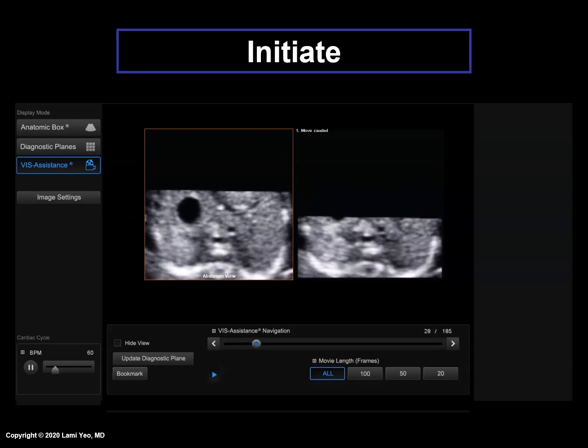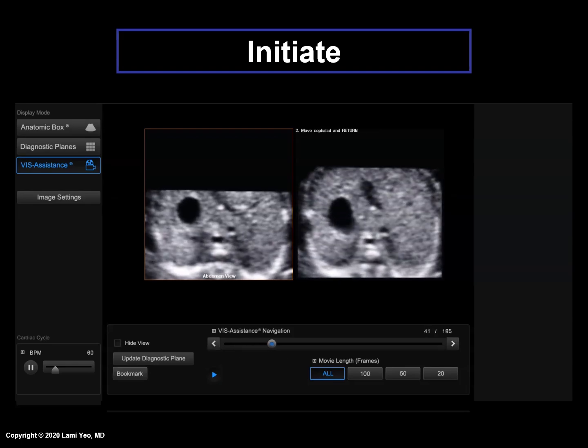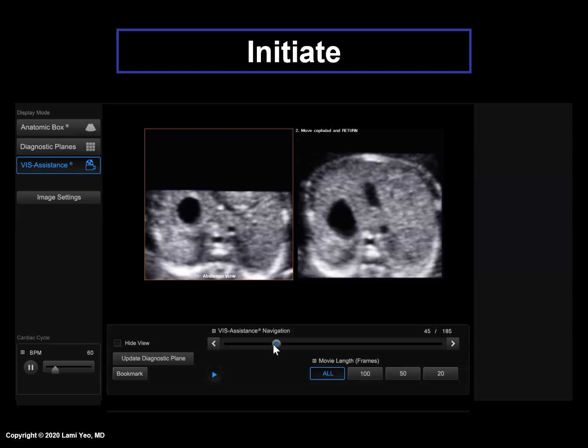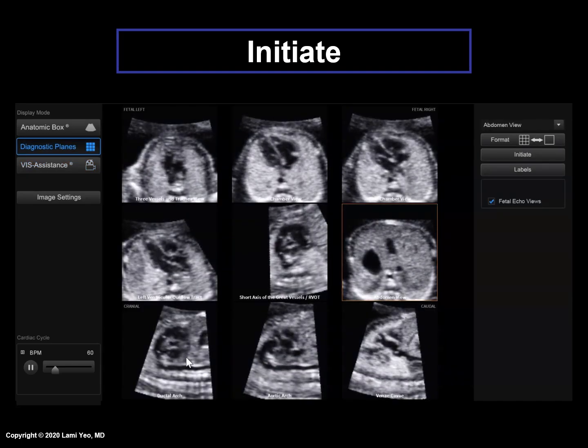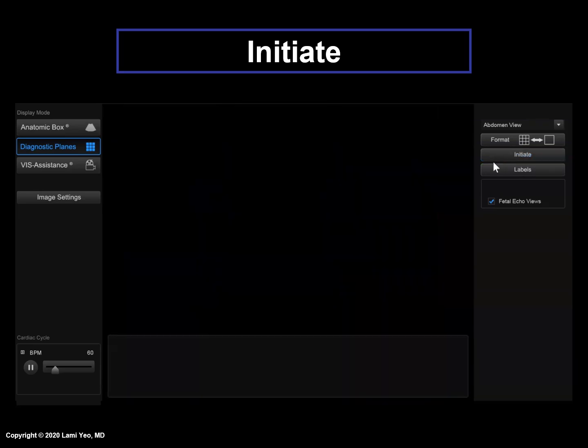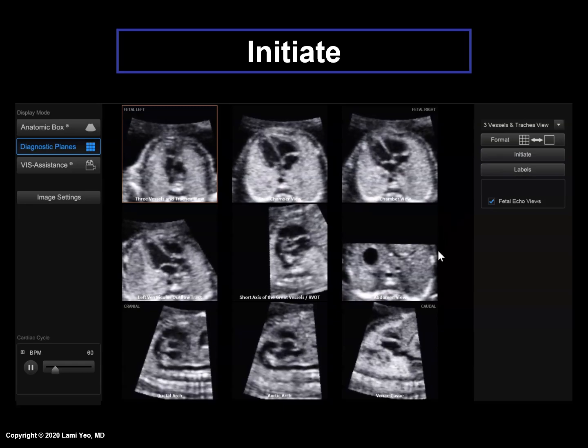Using operator navigation, a new abdomen-stomach image is located and the Update Diagnostic Plane button is pressed, and the new image is now found in the diagnostic plane template. But because the user changes their mind, they press the Initiate button, and now the original diagnostic plane image of the abdomen and stomach is now seen.